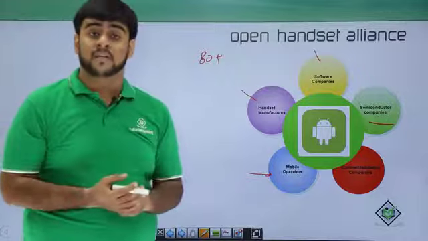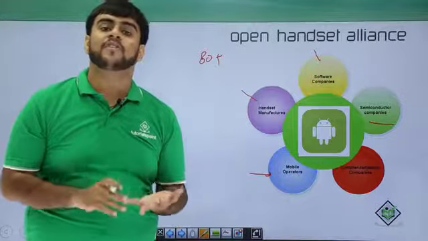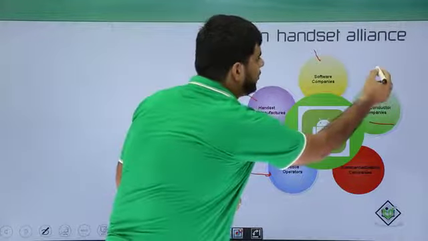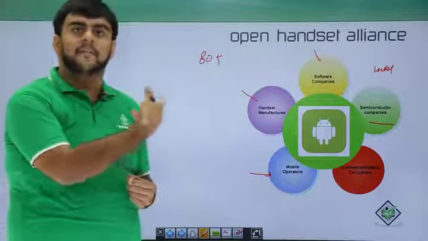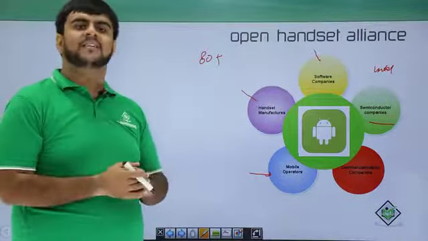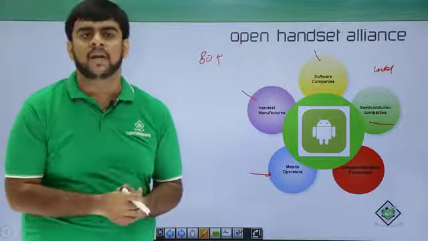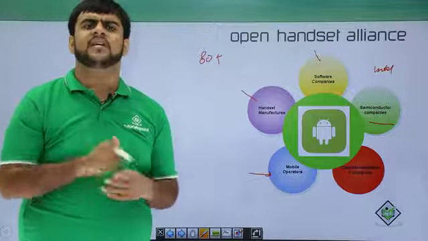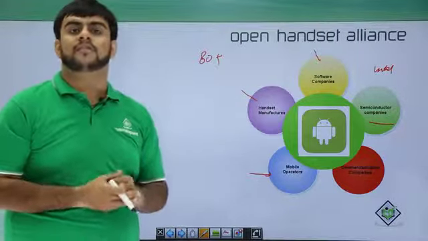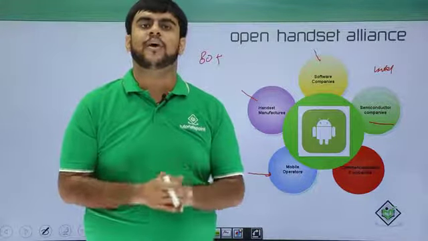What do you mean by semiconductors? Do our phones use semiconductors? Yes, we obviously use them a lot. Our processors, our memory chips, everything is based on semiconductors. So for semiconductors, companies like Intel and ARM are examples, clubbed with, last but not the least, commercialization companies, companies that help make this OS commercially and physically viable, like advertising companies. Such companies clubbed together form the OHA, where we actually build this operating system and improve it day in and day out.